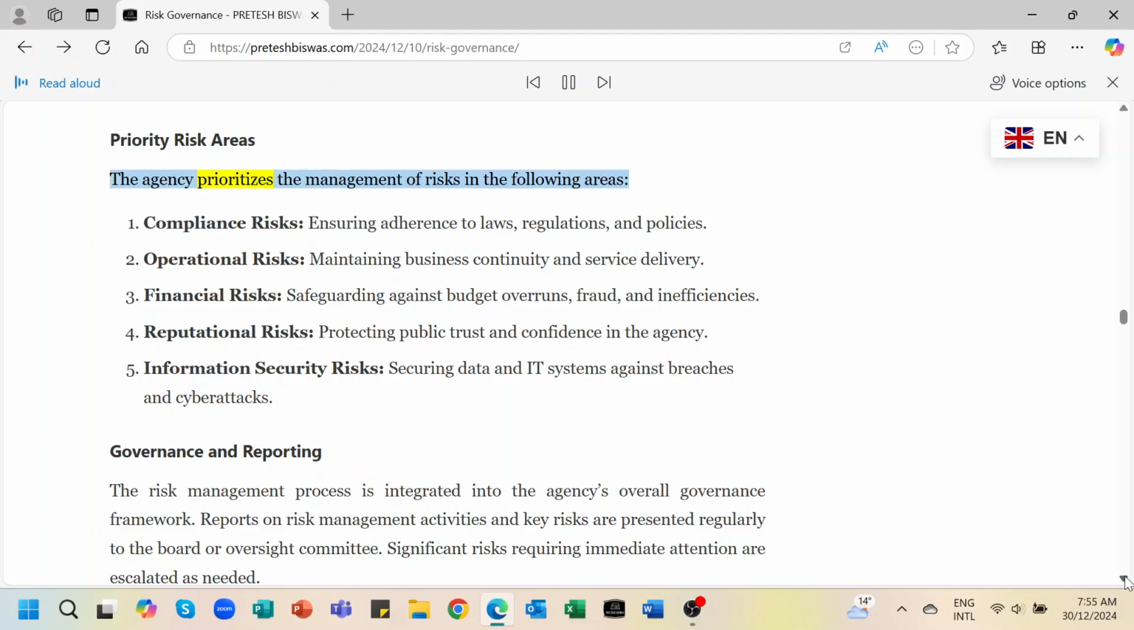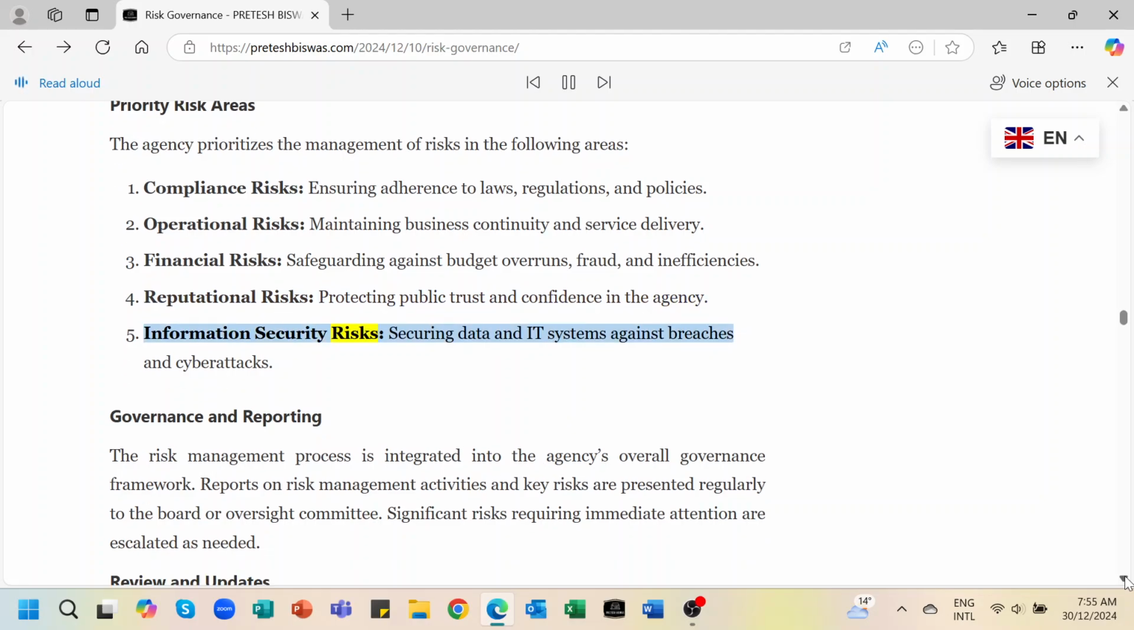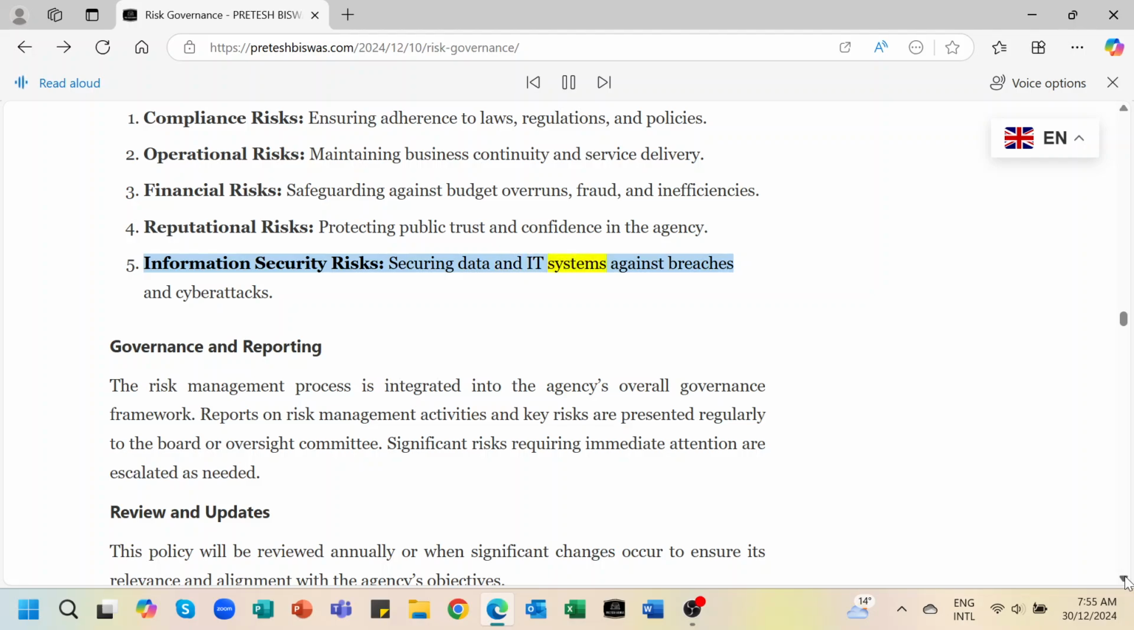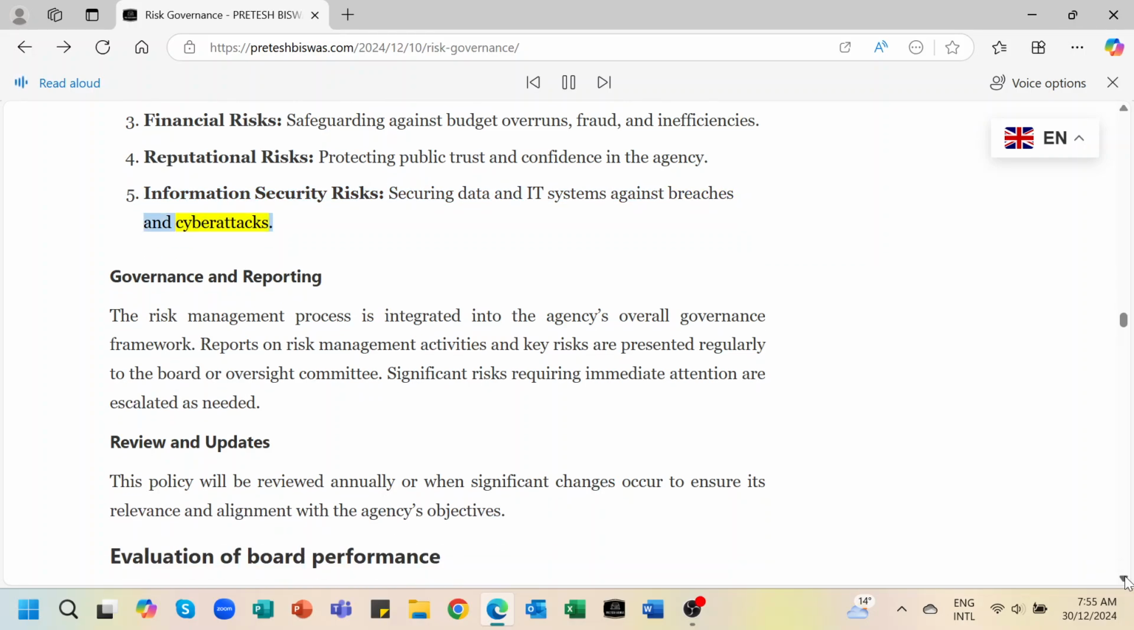The agency prioritizes the management of risks in the following areas: compliance risks, ensuring adherence to laws, regulations, and policies; operational risks, maintaining business continuity and service delivery; financial risks, safeguarding against budget overruns, fraud, and inefficiencies; reputational risks, protecting public trust and confidence in the agency; information security risks, securing data and IT systems against breaches and cyber attacks;